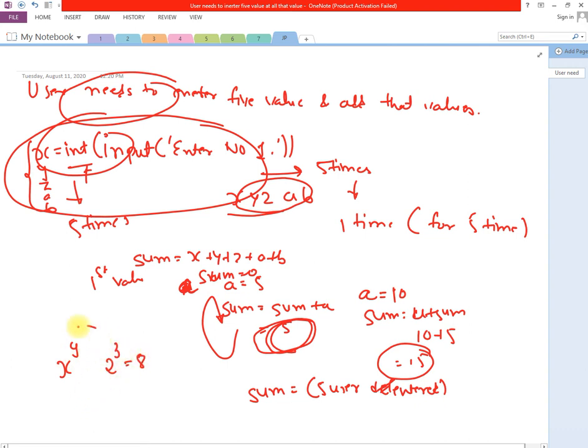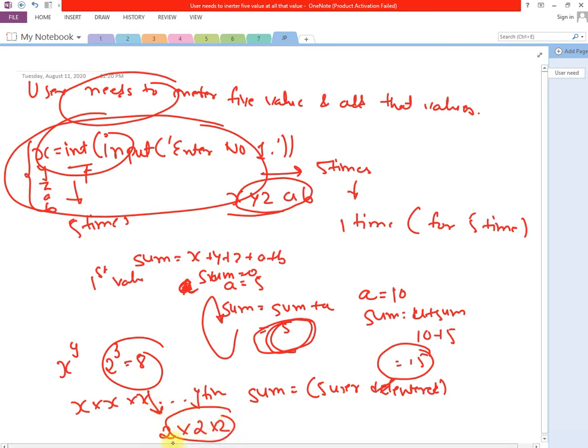But how to find out this exponential? Basically what we are doing is x into x into x, y times. Or for this example I can say 2 into 2 into 2, 3 times. Okay, so this is how you find an exponential.